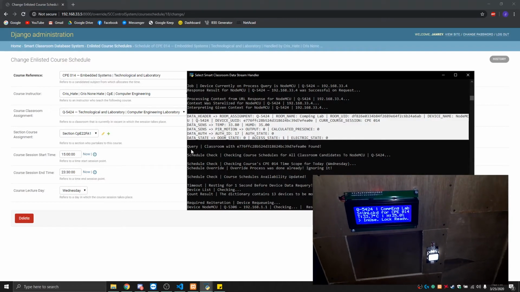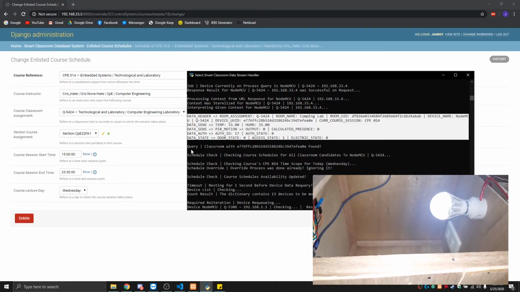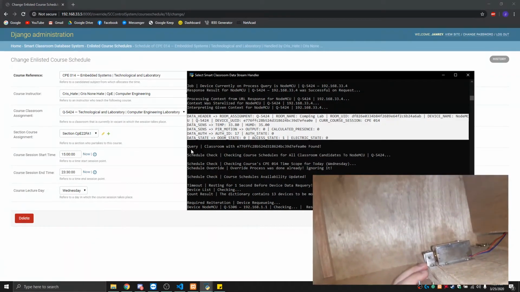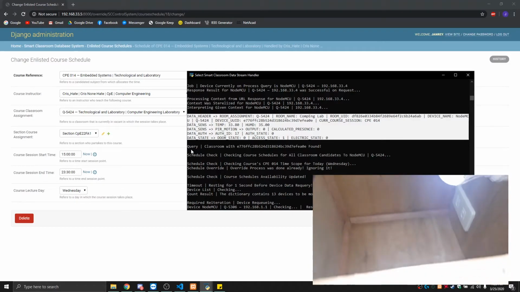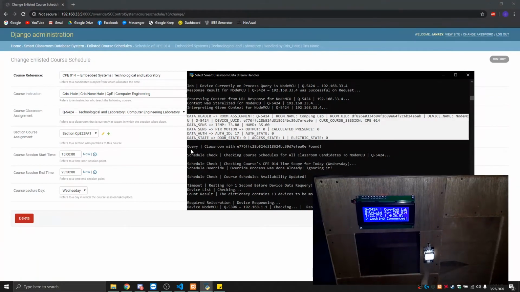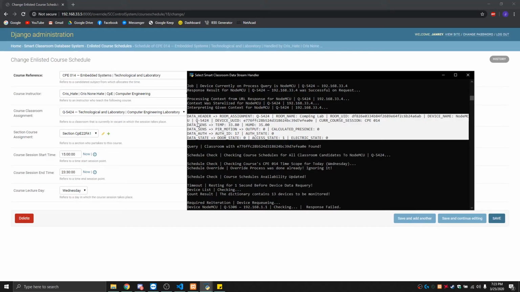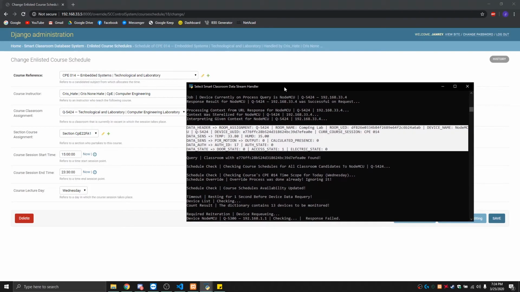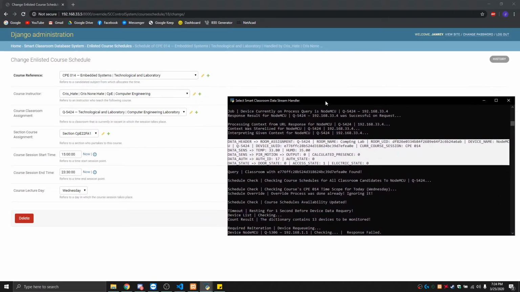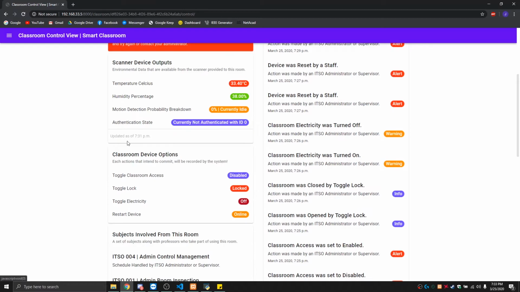And it works. The electricity inside the room is now open, and the door is unlocked. So I'm going to lock the room. Okay, it works. Okay, so Janus was successfully able to unlock or lock the room, which is authenticate and de-authenticate. Okay, so since we're able to verify that all of this is now working,